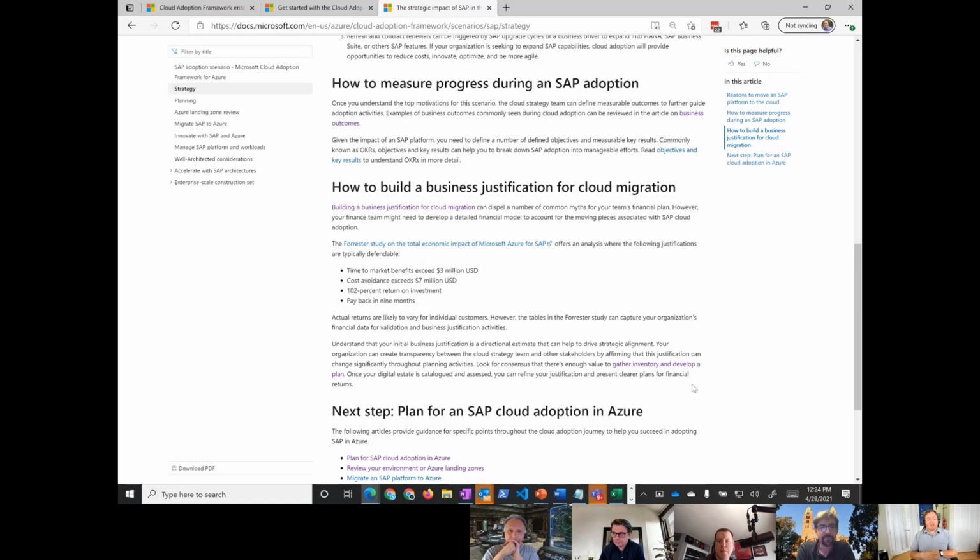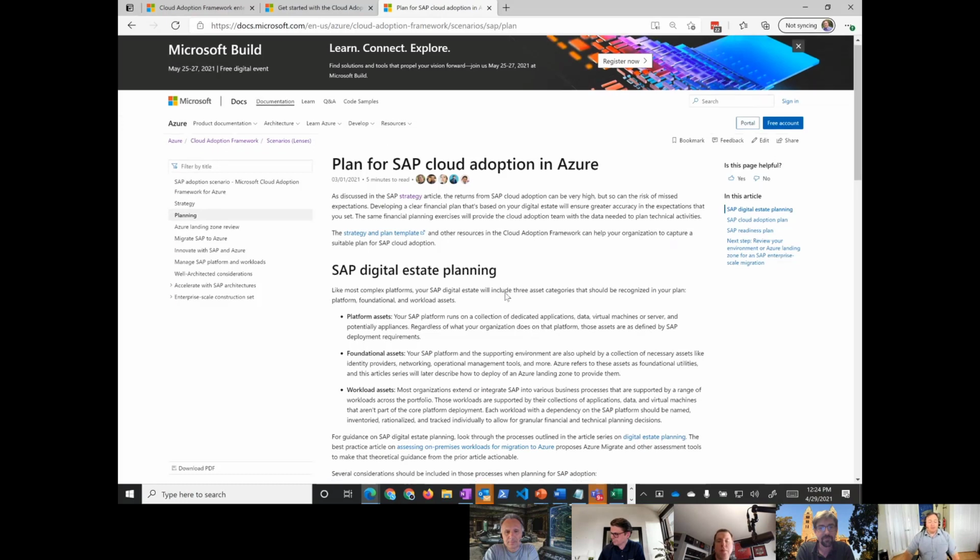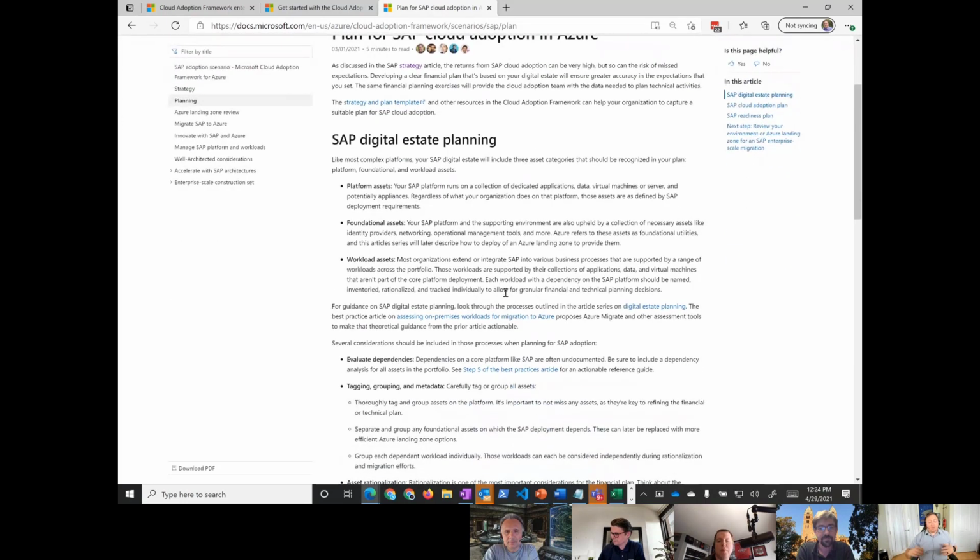And so starting with strategy and making sure that the business understands the impact that this SAP on cloud deployment is going to drive for them helps us ensure that we have alignment to deliver innovation to the customer, right? And so we start with strategy, and then we work our way through building a plan, making sure you understand your digital estate if you currently have an SAP environment and are migrating, or if it's net new, making sure that you have the assets that you would need around